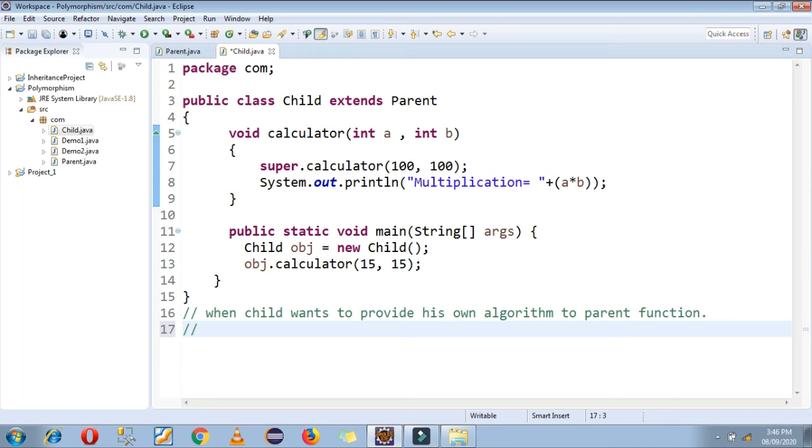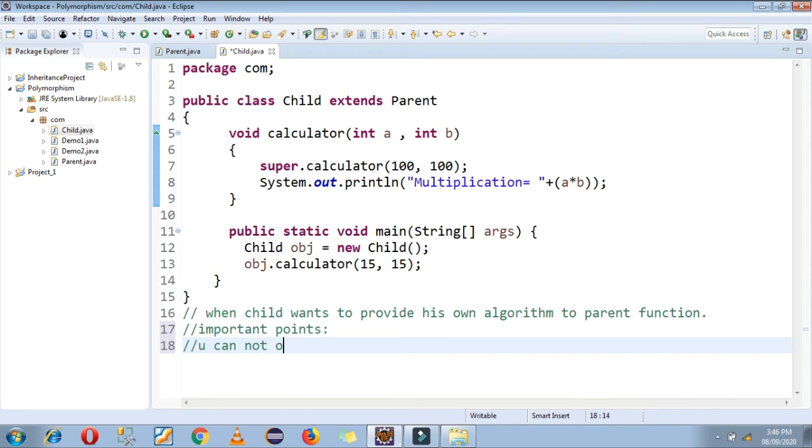Now there are some important points of method overriding. You cannot override a final method. Final is a keyword in Java.